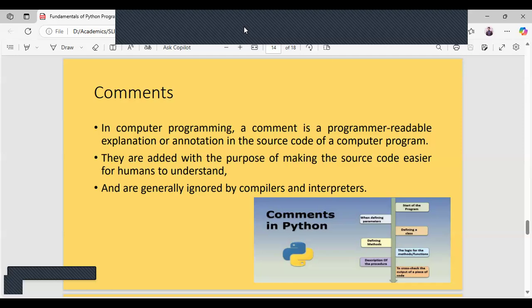Let's say you have written some program today, but let's say after 1 week you check the same program. Definitely, guys, some of the parts of the program may be forgotten. Understood? So because of that reason, guys, normally we can just put some kind of a comment and describe